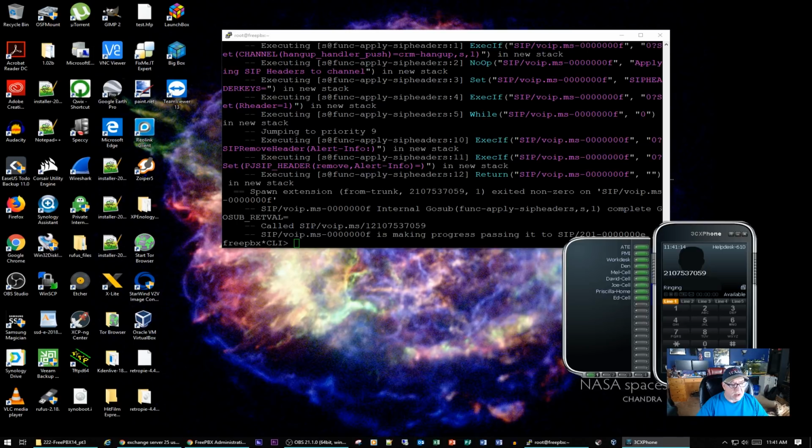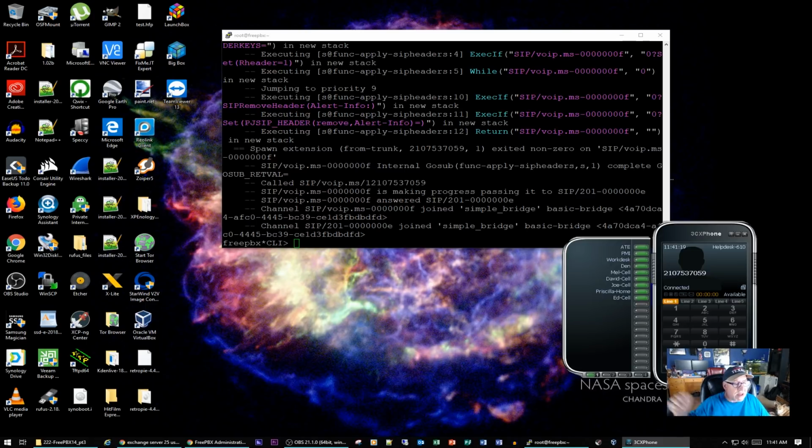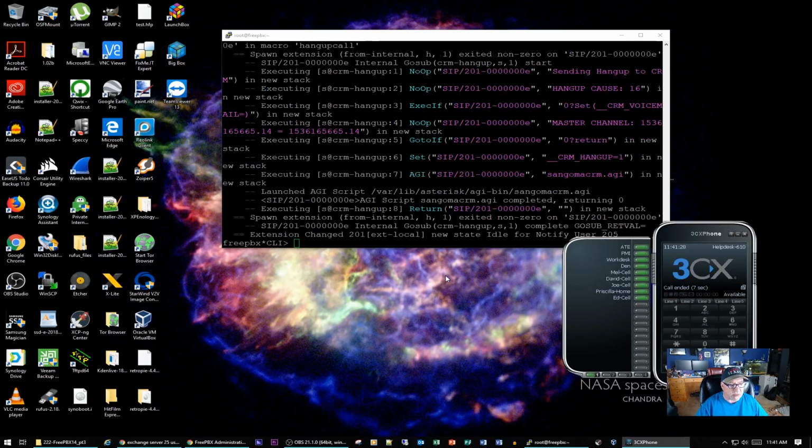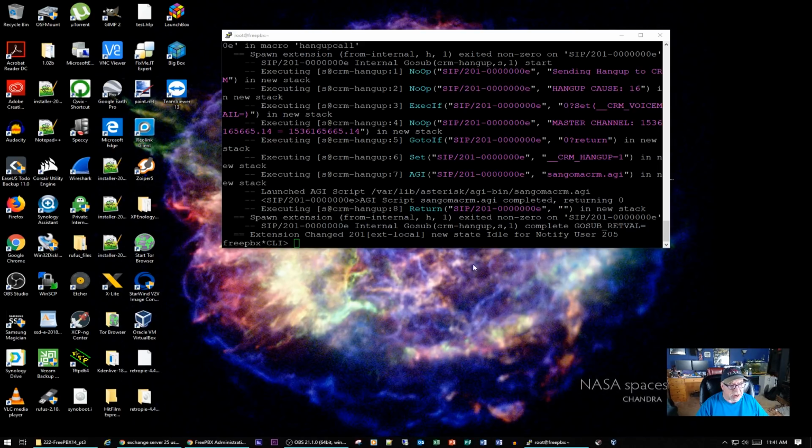Yes, you do. So you can see that it's passing the information, and then when I actually make a connection, you'll see how that Putty tells you that there is actually a connection. When I hang up the phone, then you should see the script running to hang up the phone. So it's very handy to have this Putty terminal up and to have asterisk running in verbose, triple verbose mode, so you can kind of see what's going on in the background. So the next thing I want to do is show you how we're going to connect an extension up to